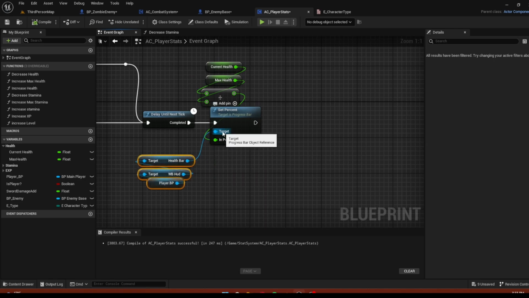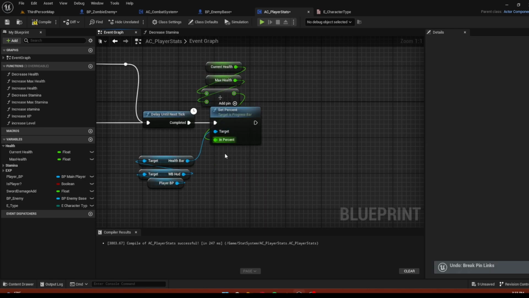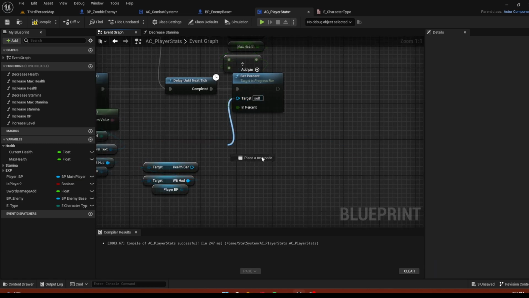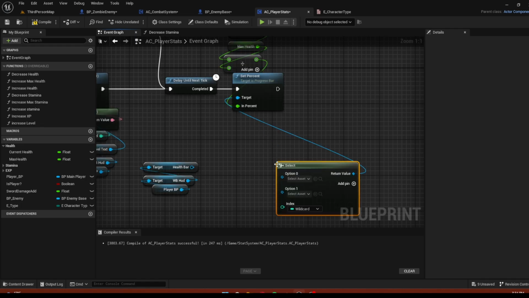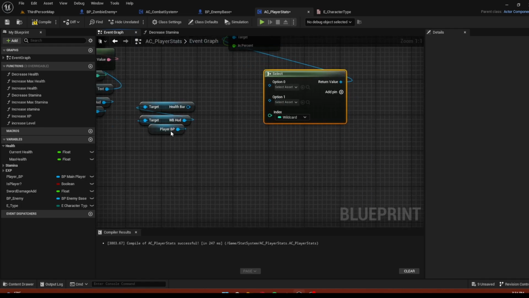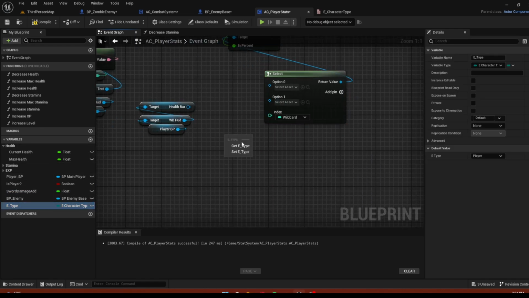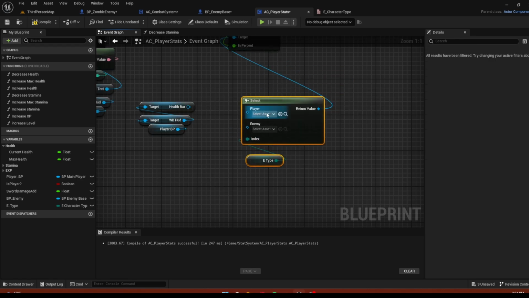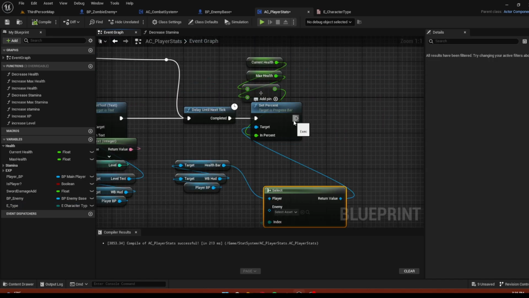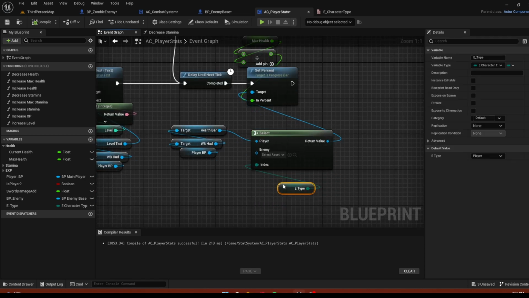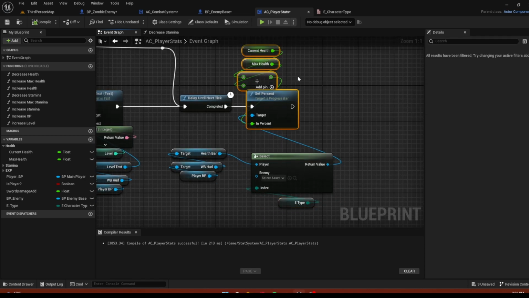So from the target, just unhook that by holding Alt and click. From the target, we're gonna do a select. We are going to select this type. So get E type, plug that in, and you can see player. So plug that into the player. So for the enemy, basically what we are going to do,